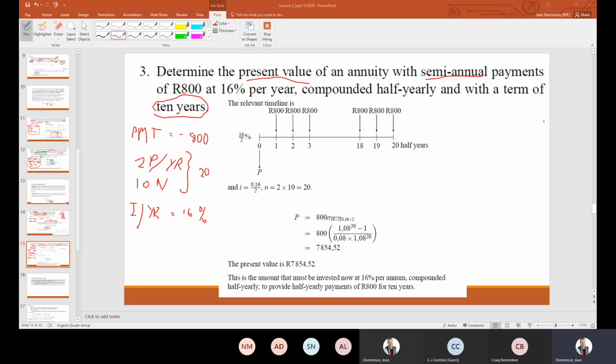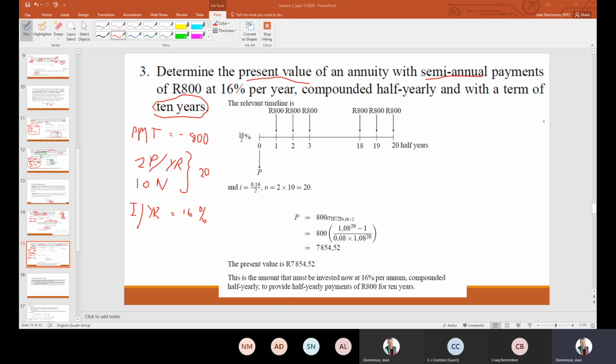And so let me first, when you need to divide the interest by 2, you will get the same present value. I normally work with four decimals. So you will see in the exam they would normally round it or give it to you in rand and cents